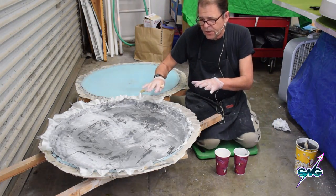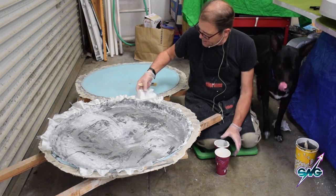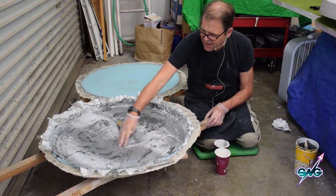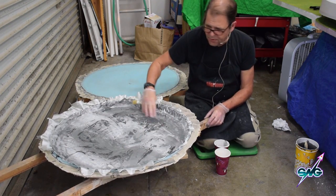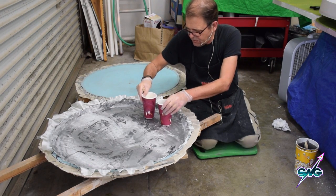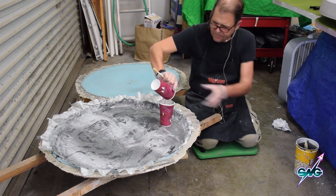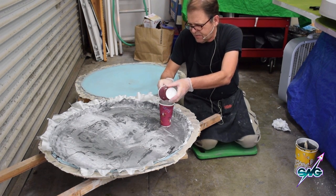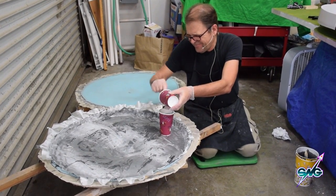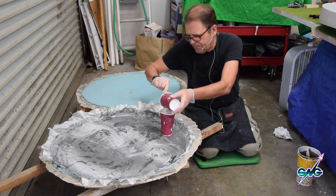So I've got the gel coat in, as you know, and now I've taken this very thin fiberglass cloth and placed it inside while it was still tacky and pushed it down so it stays structurally bound to the first layer. Now I've got another batch here, and you can see this is already hard. I'm going to mix this up, and this is going to be our wet coat to soak into our fiberglass cloth. And that's all you need. This will be so strong